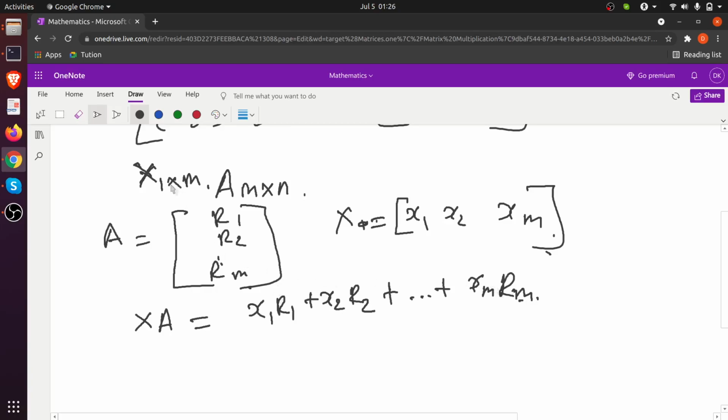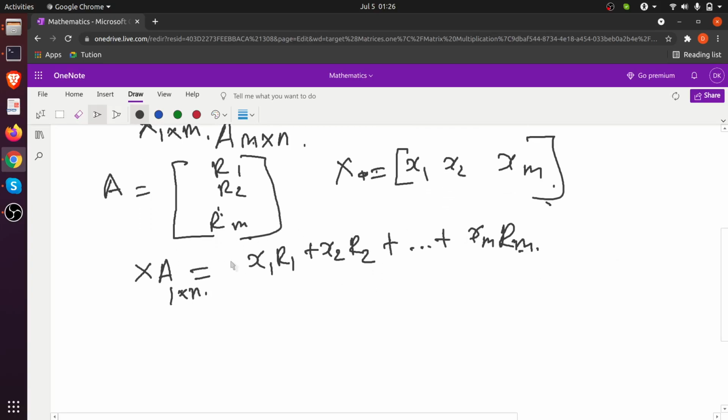If you think about it, the resultant matrix should have dimension 1 cross n, and each row vector of A has dimension 1 cross n. So the dimension of XA is also 1 cross n. There is no doubt in that. But how will you prove that this is the case? This can actually be proved, but I will just give you an example for the 2 by 2 matrices case. Consider the matrix A, B, C, D, and the row vector x1, x2.